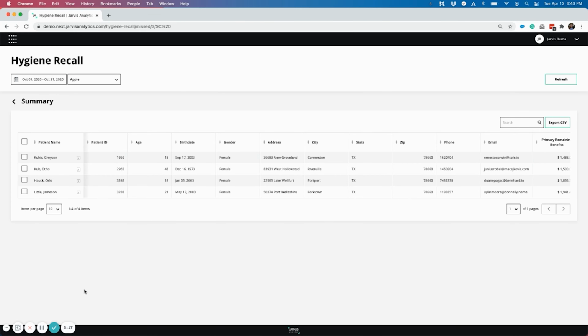The one note I will make about Hygiene Recall, like many other modules in Jarvis, is that it is code-driven. Occasionally, you could see a patient pop up here that does have a follow-up hygiene visit scheduled, but the reason you would see them is because there is nothing that Jarvis identifies as a hygiene code in that